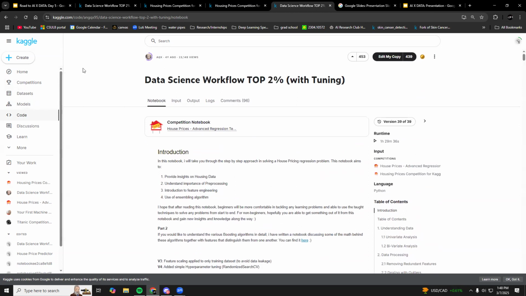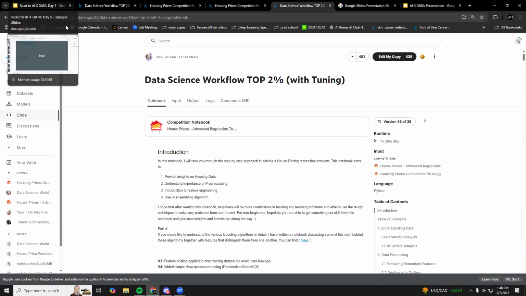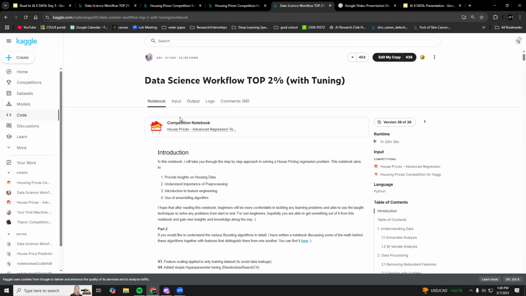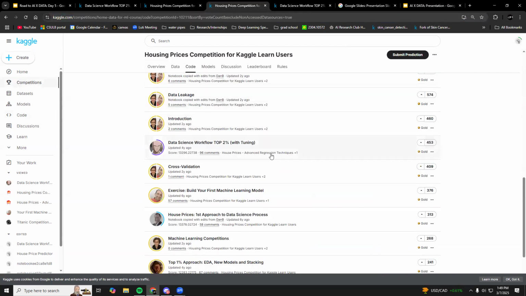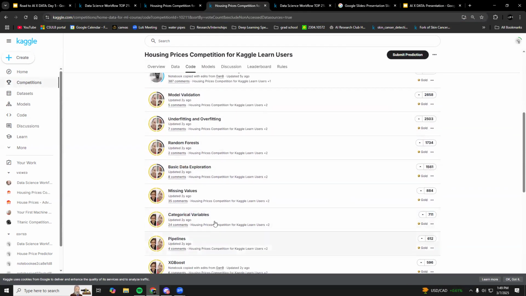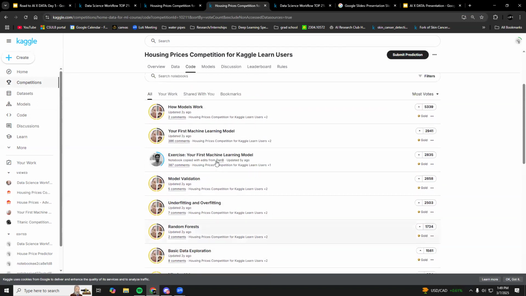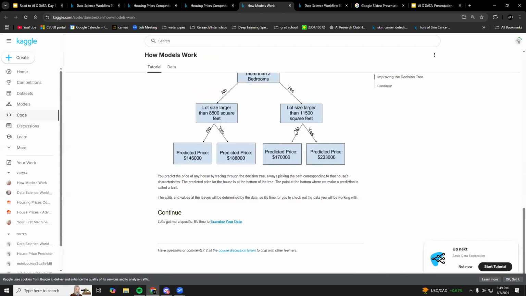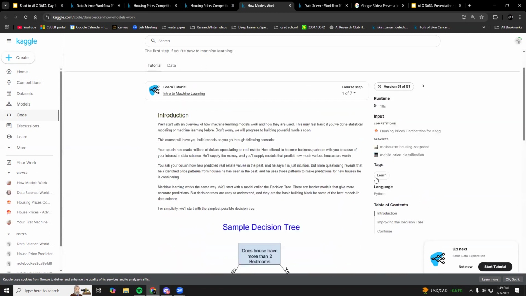And also, I think on the PowerPoint I said to look at notebooks for the category that you're specifically into. There are going to be a lot of competitions out there hosted by Kaggle, so just go in there, do what I did, look at the code section, go to highest voted, and a lot of the highest voted ones are really well documented, because that's why they're so highly voted. I'm pretty sure this one is probably amazing. Like, look at this. We don't expect you guys to be doing this. This is basically like a little tutorial though.